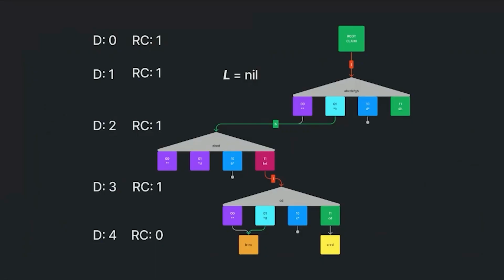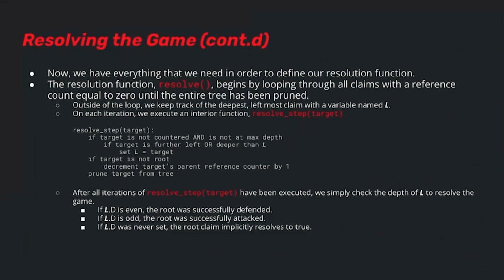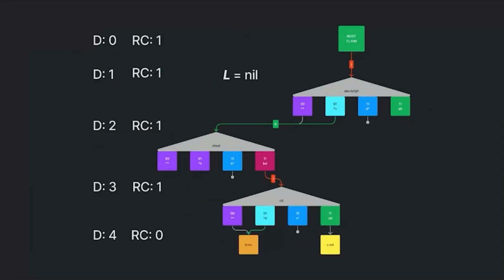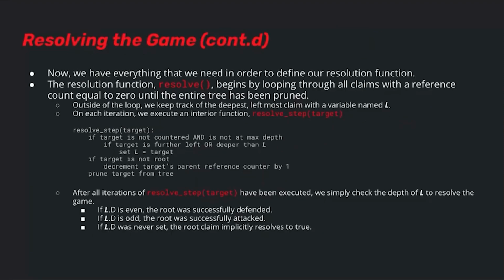So we can start to do exactly this, right? We have this node on the bottom, at the bottom of the tree. So that automatically disqualifies us from this conditional, right? So we're just going to prune it and decrement the target's parent reference counter by 1. So we remove that, decremented the target's parent reference counter, but this counterclaim had a counterclaim itself. It was this one, right? So it also is disqualified on this bound here. So all that we're going to do is prune it from the tree and basically continue moving upwards.